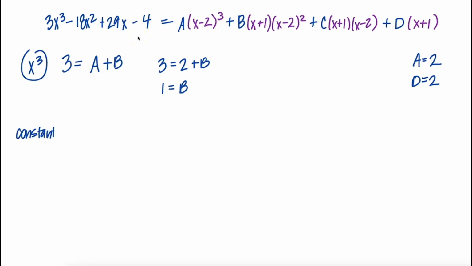So on the left, the constant is -4. And on the right-hand side, if I think about multiplying out x minus 2 cubed, the only constant, the one that's not going to have any x's, is going to be -2 cubed. So -2 cubed is -8, and then it's multiplied by a. So I'm going to have -8a plus, now from the second term, if I think about x minus 2 squared,